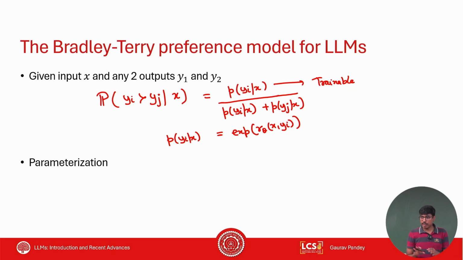And this is the neural network you want to train. So if you parameterize your preference model using this LLM, the probability of preferring yi over yj can be written as